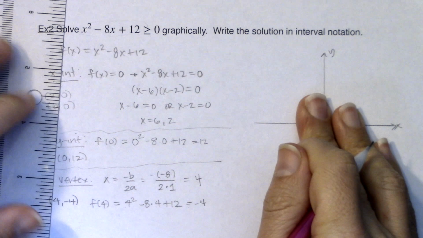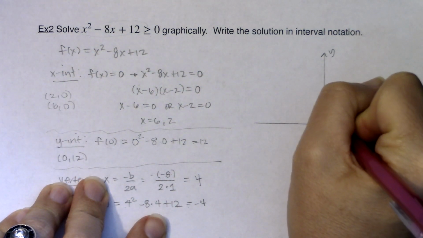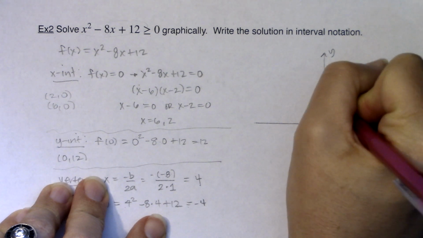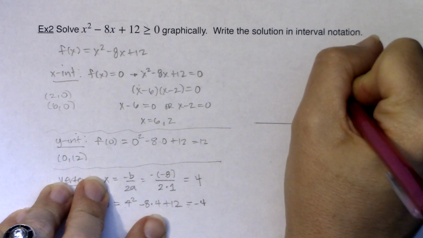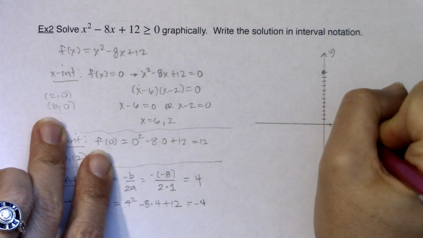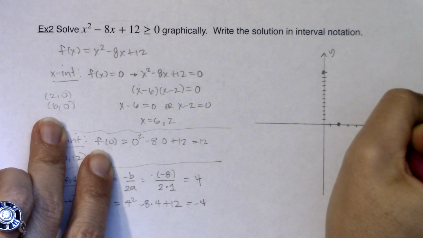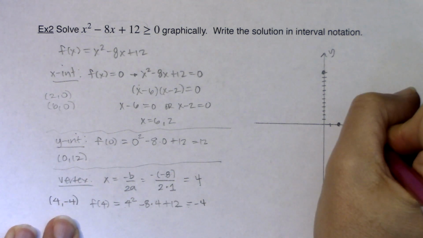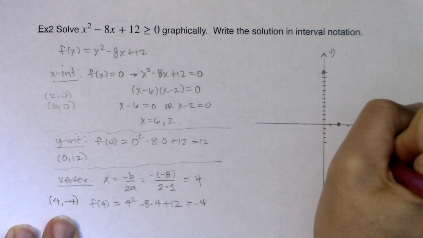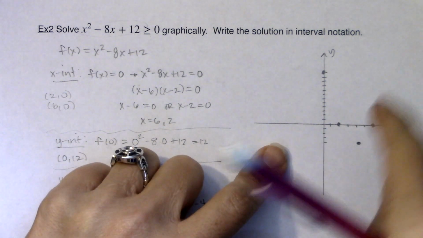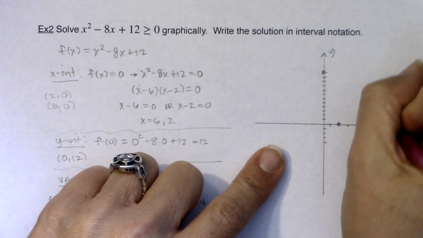Now, like I said, I saw a 0, 12, right? So I'm going to make this y-axis high enough: 1, 2, 3, 4, 6, 7, 8, 9, 10, 11, 12. Okay. And then I see 2, 0, 1, 2, and 6, 0, 3, 4, 5, 6. And then I've got a vertex at 1, 2, 3, 4, and then 1, 2, 3, 4. So here. And because I know the general shape of this quadratic is an upward facing parabola, I can pretty